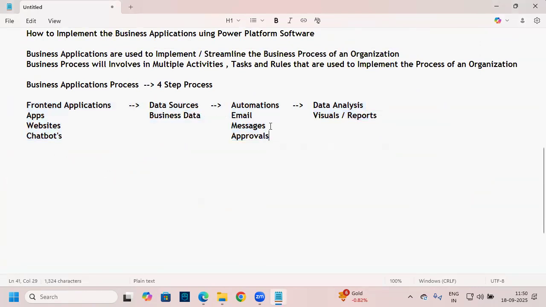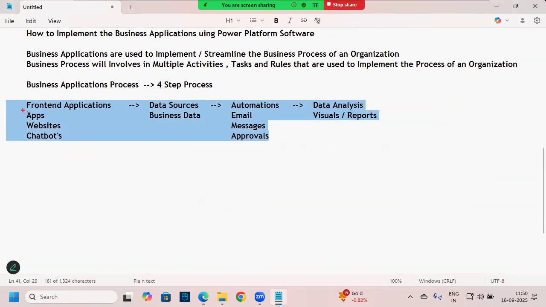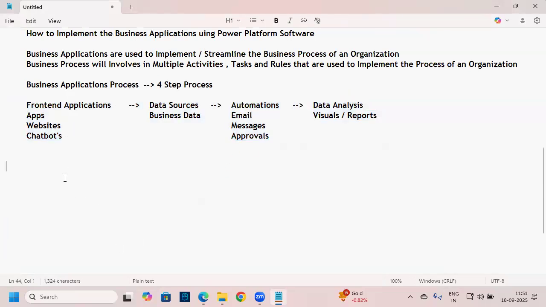So whatever I have discussed till now in this 4-step business applications process is front end, data sources, automations, and data analysis. Let me mention those points here. First, front-end applications. I said that front-end applications is nothing but